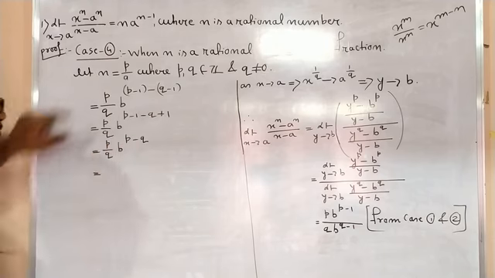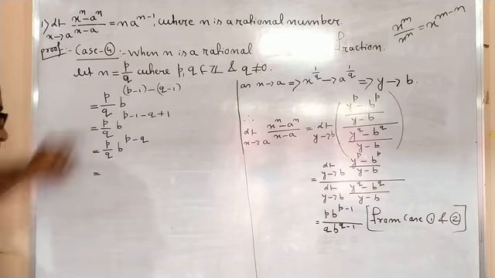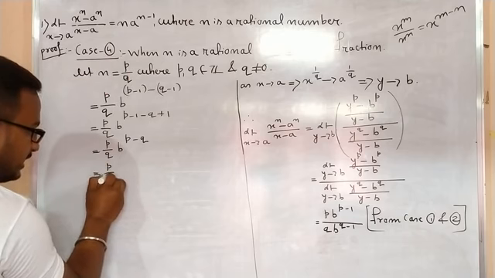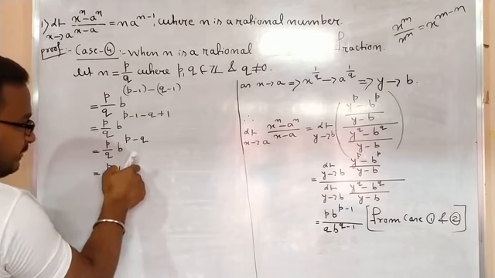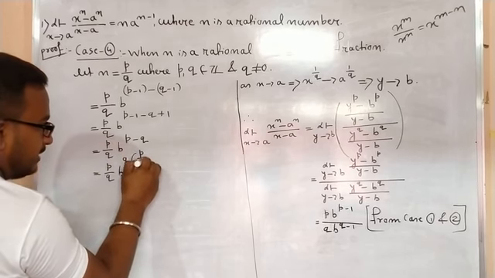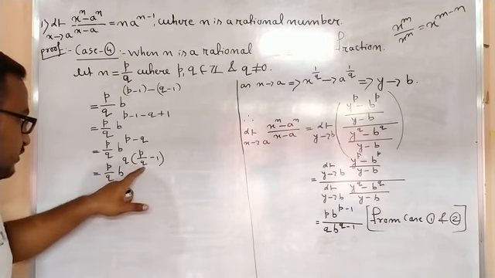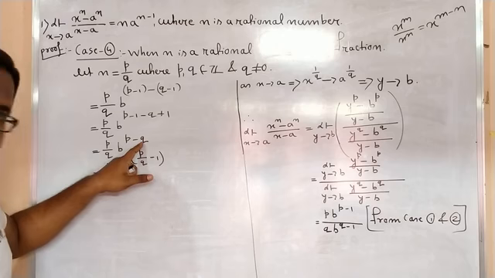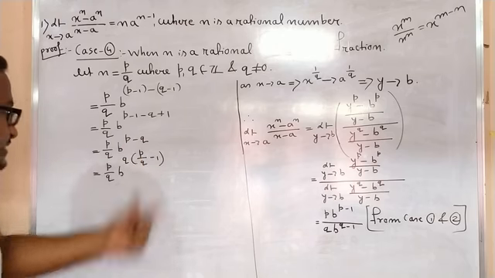And what do we need? We need p by q, because I know the value of p by q, right? So we got p by q here, b here, but we need p by q here. So what will we have to do? We have to take q common. If we take q common, then here what will it be? p by q minus 1, isn't it? Because this into this is p, and this into 1 is q, right? So I can take common q from this quantity so that I can get this.